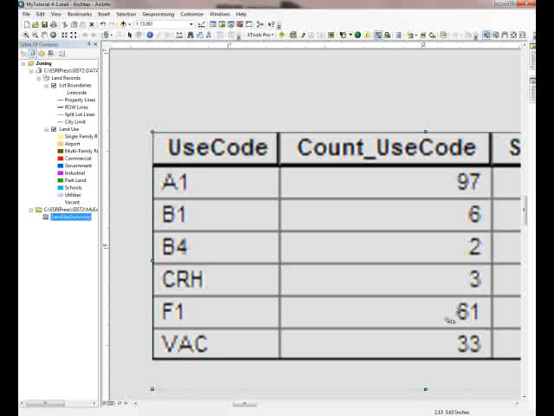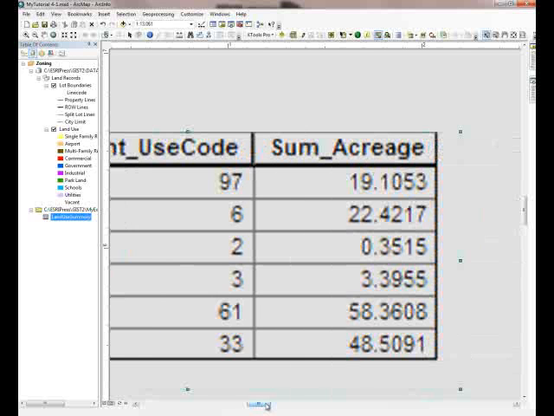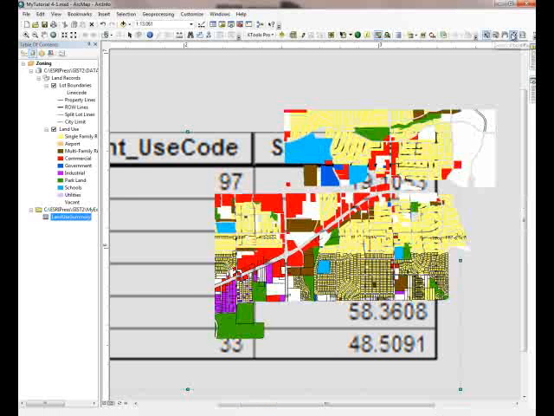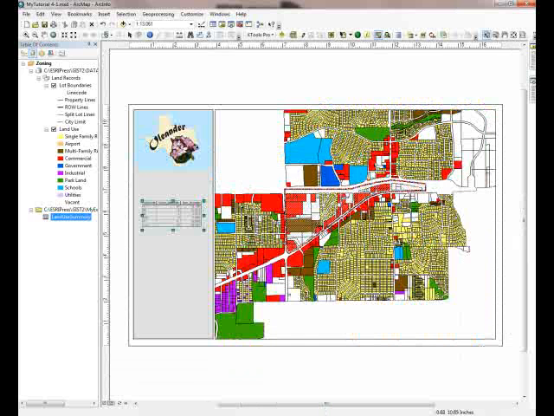It would automatically update the count and the sum fields for me, so I wouldn't have to recreate that each time. So that's another advantage of doing it that way rather than drawing a table in there by hand. So that's exercise 4.1, and